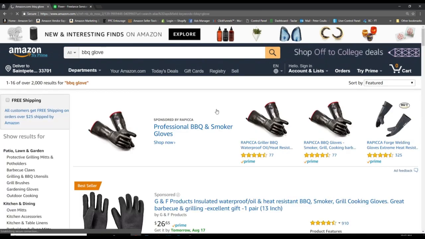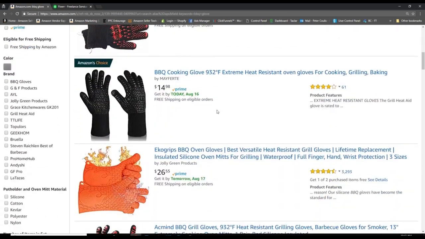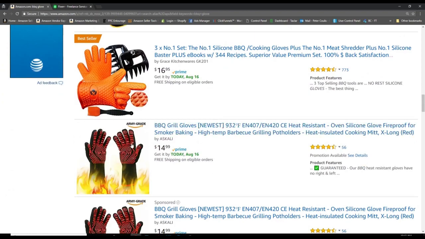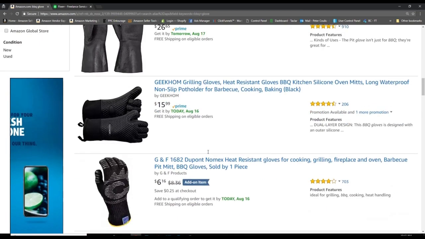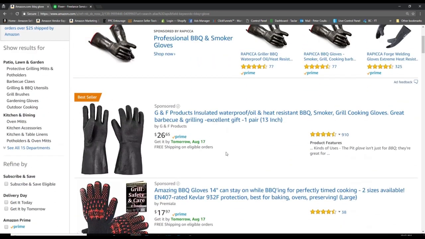Whether the consumer knows or not, as they're scrolling down the Amazon page, they will generally click on the listing whose main image tends to stand out and resonate. Now, you definitely want to make sure you're abiding by all of Amazon's terms of service in regards to the